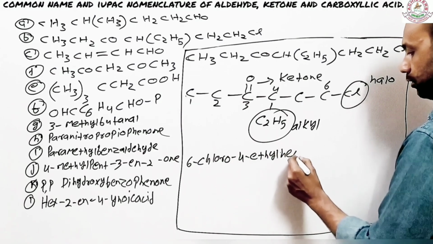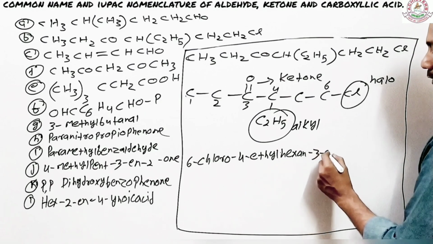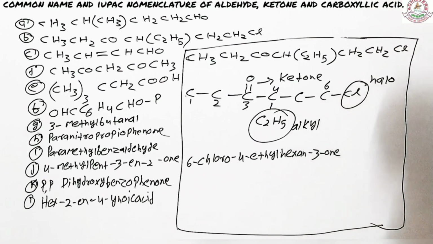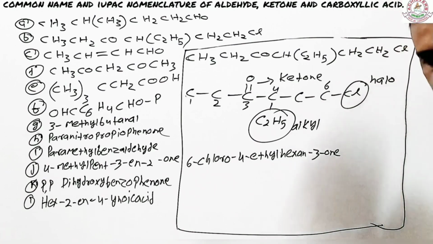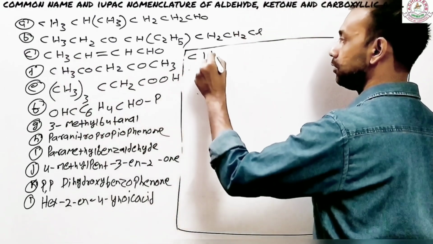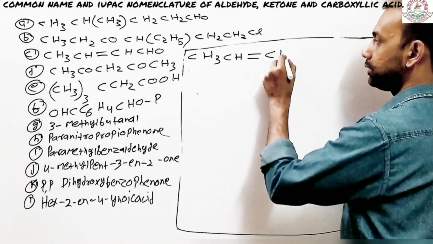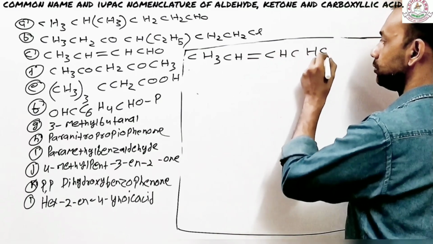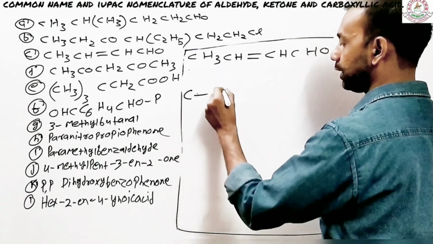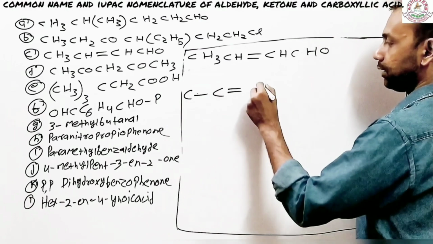Hexane-3-one. That's it. Right? So let's take the next part here. Next we have this one, where we have a CH3 here. We have a CH, then there is a double bond CH, and finally CHO. So like I said earlier, concentrate on the carbon. Carbon, there is another carbon, but this carbon has a double bond in between, and then there is the last